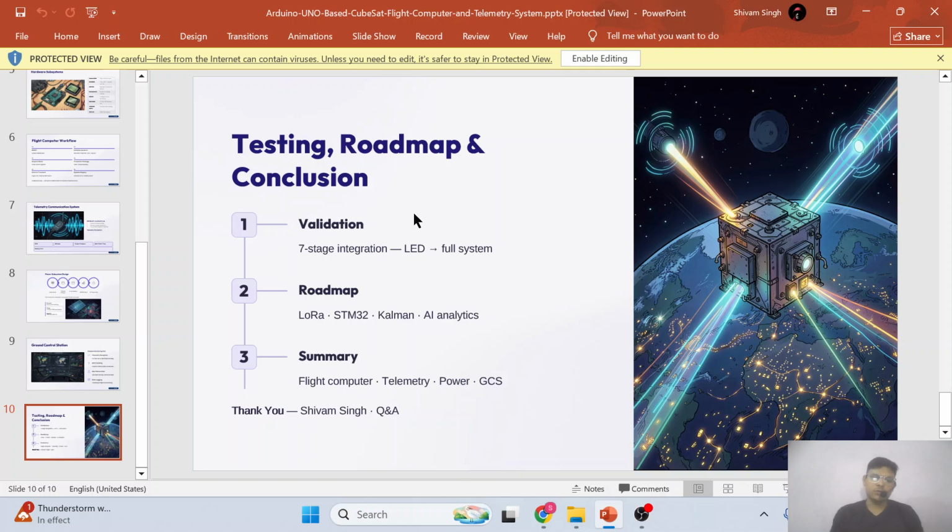And this is a testing roadmap to validate your data. As a future enhancement, you can use the LoRa module, which is more powerful than the NRF module. This is the complete overview of this flight computer.